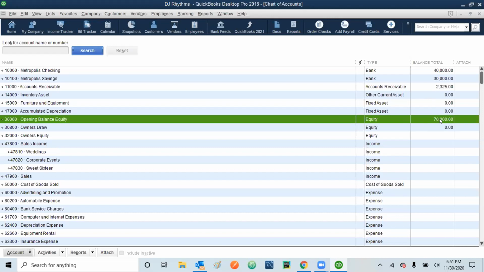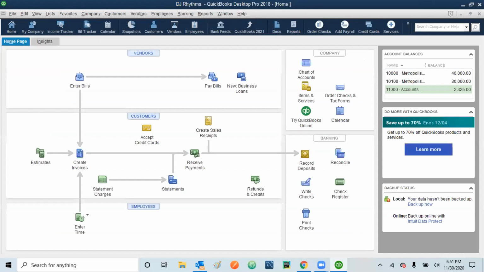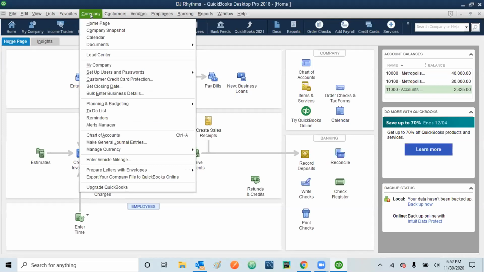So now we will make a few journal entries, starting from the company menu. Let's start working with the double entry transactions, and the button for it is in the company menu. You click it, and then in this one you have to use the option of make journal entries.